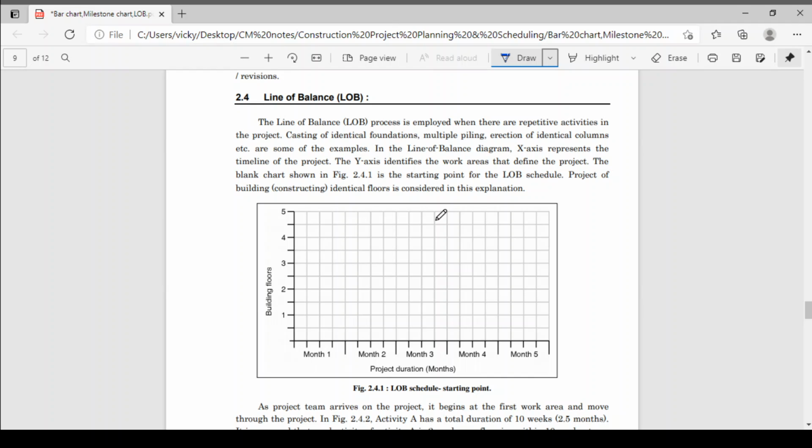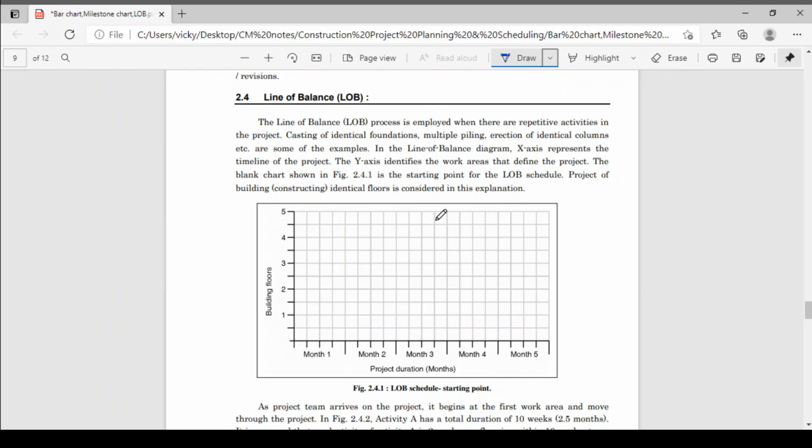Same with plaster on each floor. Then fixing of doors on the ground floor, first floor, second floor: the same type and number of doors on each floor. These are repetitive works, and for them the line of balance technique is used.